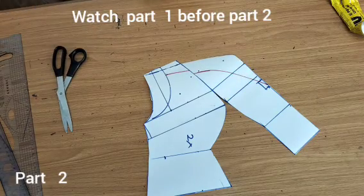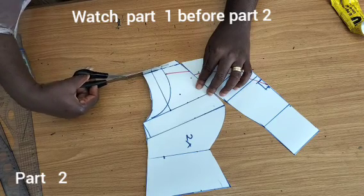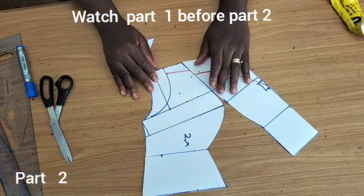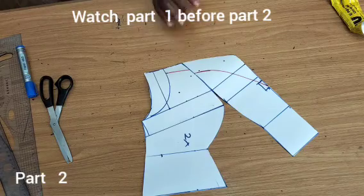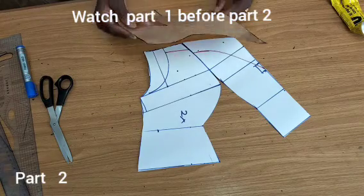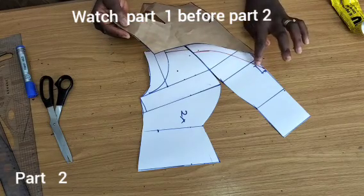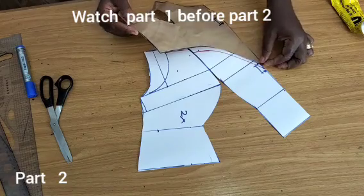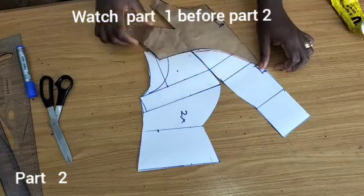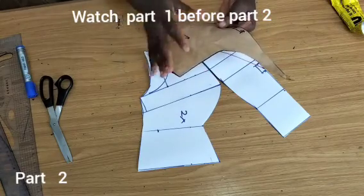Can you see that? So I'll just cut it off, and it does not affect anything at all. It does not affect anything, believe me. So that is that. By the time you sew your bustier, you have your bustier cup. Once you are done sewing your bustier cup, you come in, and please, you need to also make a notch on where to start, or make a mark. You can also use a pin, so that once you are done sewing your bustier and sewing your lace,